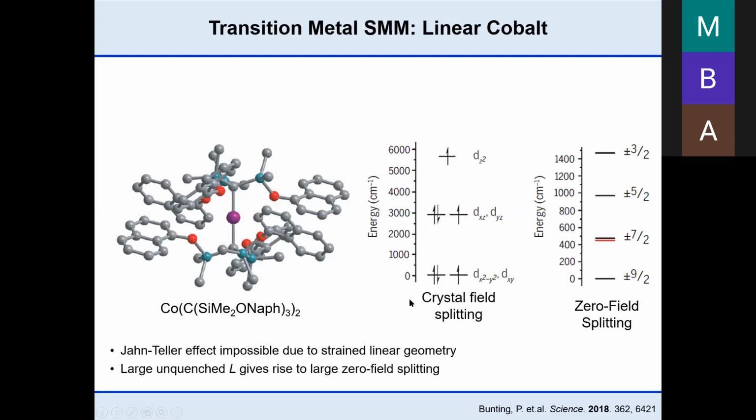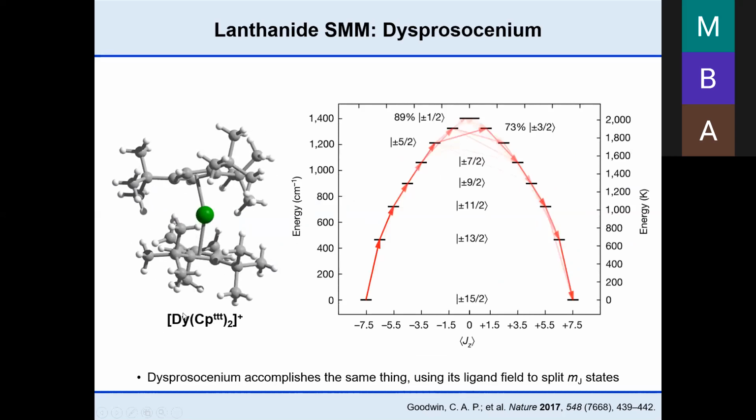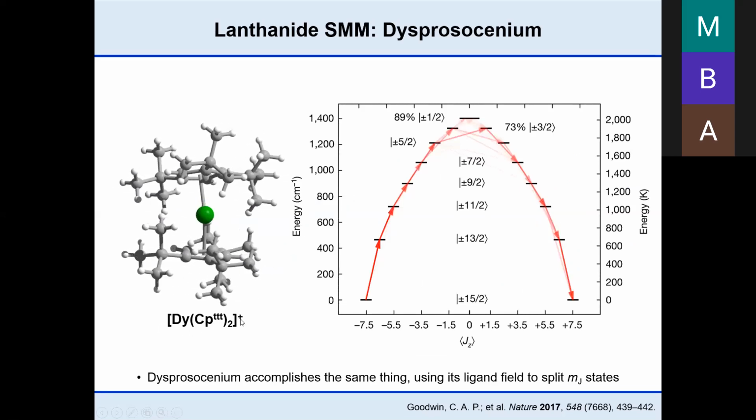And because we have non-zero orbital moment here, the zero field splitting as a result of that spin-orbit coupling is much larger than it is for most other transition metal compounds. And as a result, single molecule magnet behavior is also quite large, or is also significant. So an example of a lanthanide single molecule magnet is this